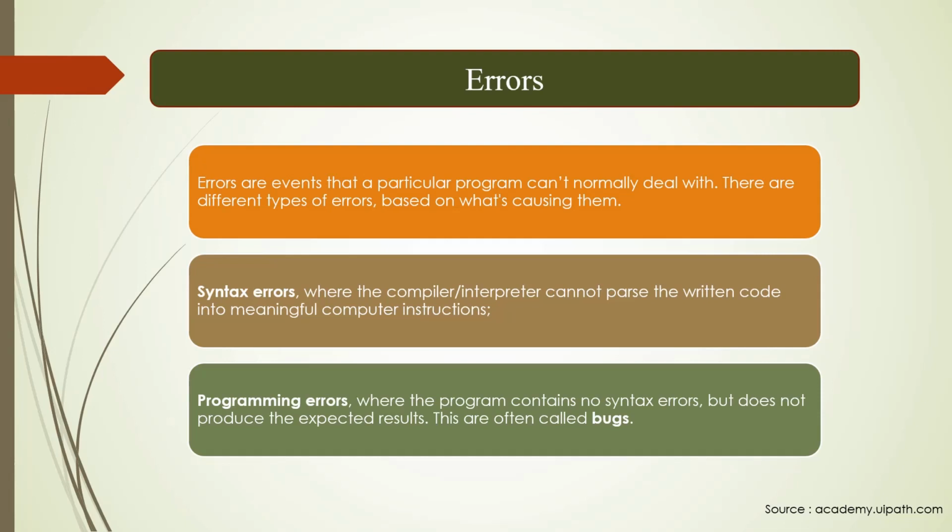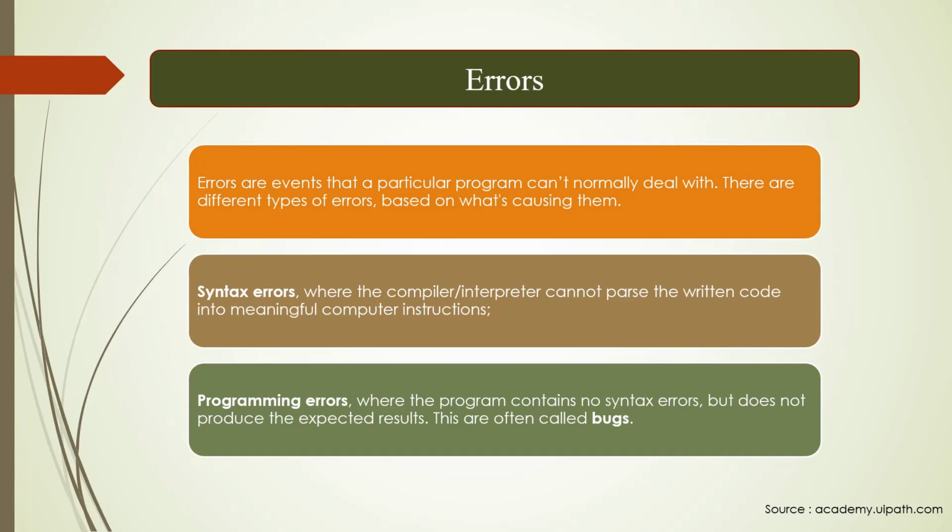For example, let's say you are writing an automation and you have written some syntax error, or let's say you have written a robot which is having a syntax and that syntax is having an error. Now when you press F5 and the robot tries to compile or interpret it, it won't be able to complete it because this is having something which is called syntax error. Now this is something which your automation or the program cannot normally deal with, hence it is categorized as error.